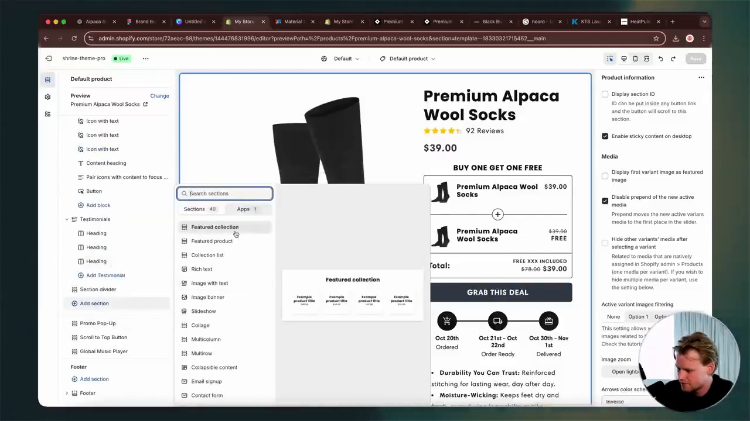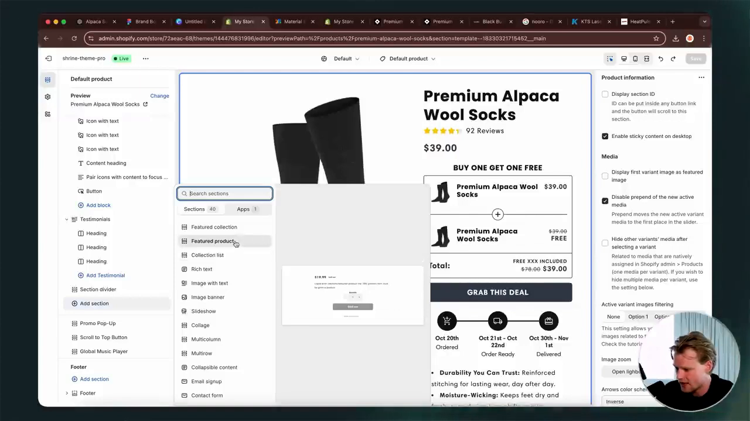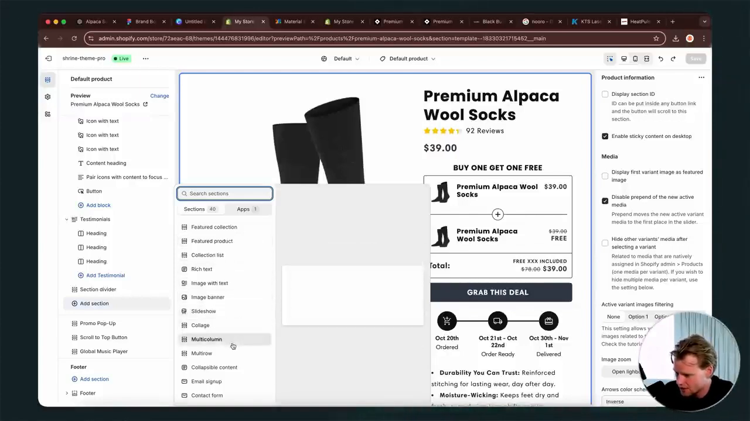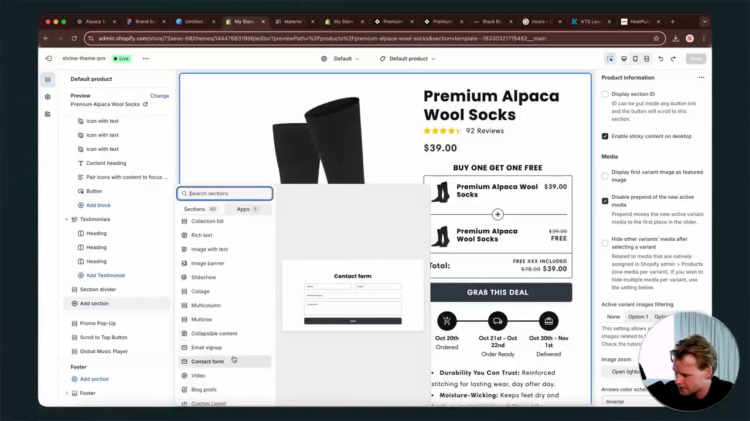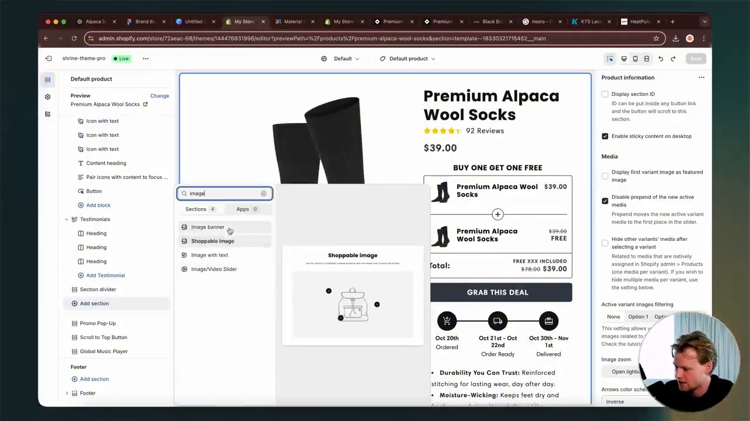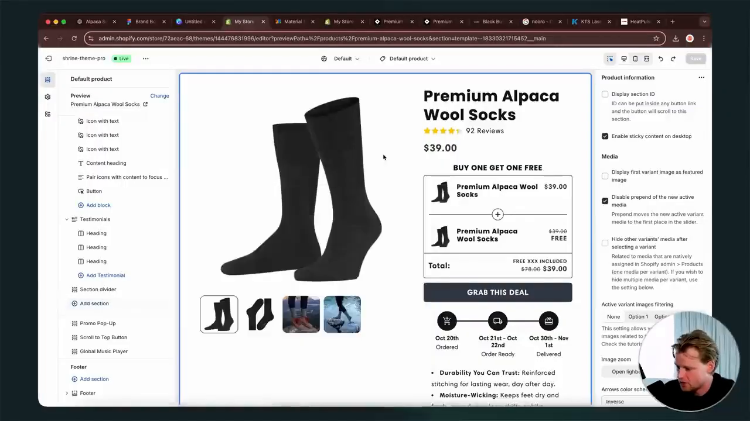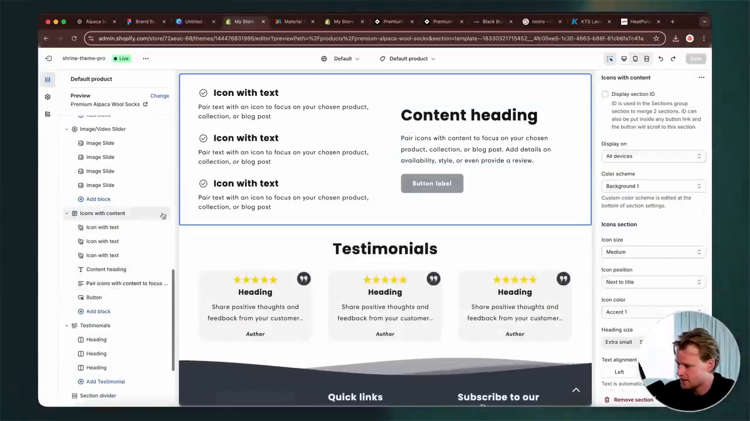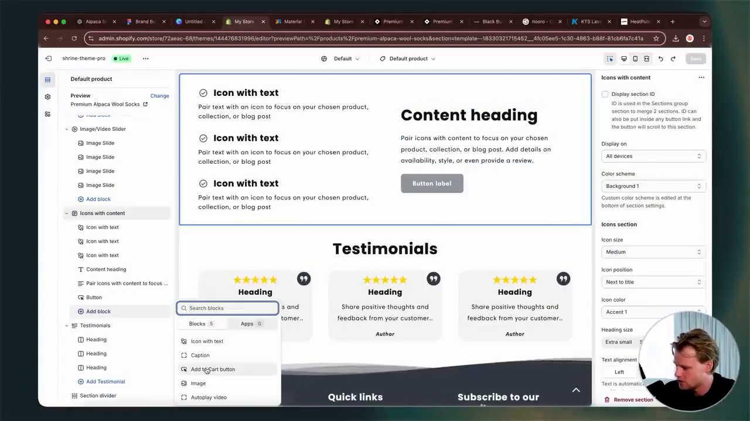Let's click add section. And you can just scroll down here and actually get a preview of what it's going to look like for all of the options. So you've got that collapsible content example that I just showed you, sign up forms, all this kind of stuff. You can search image, see a couple of image options that we could add. But realistically, we could just use this thing here. We can add an image to it